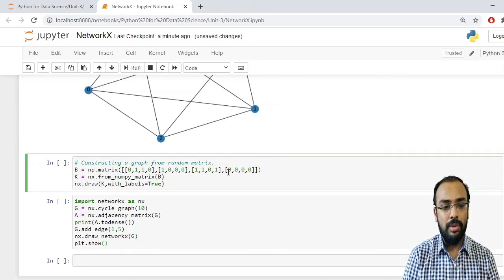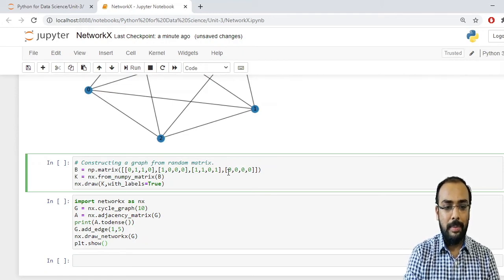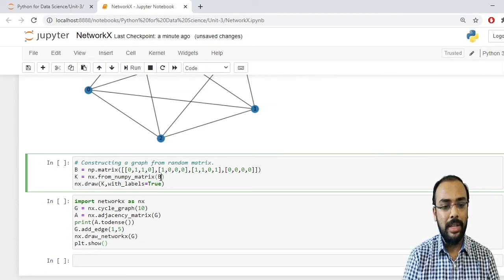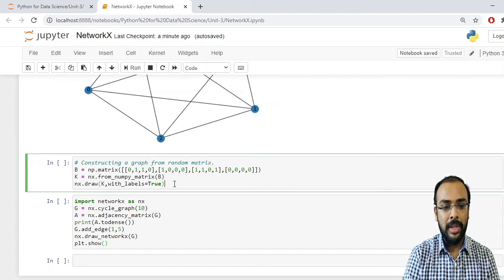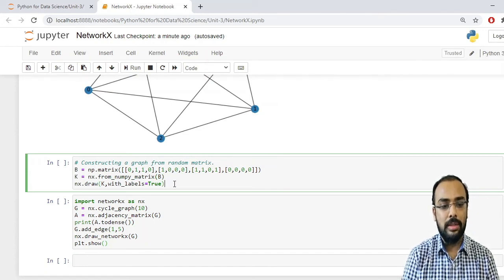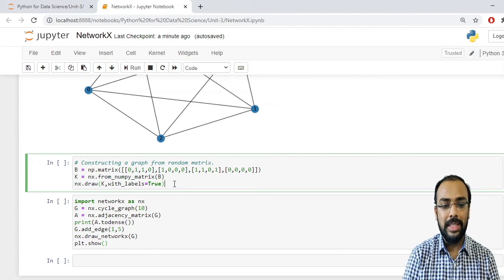Now what I want to do is convert this matrix into a graph. So the method will be from_numpy_matrix, and inside this you have to pass your matrix object. Here I have the matrix object as B, so I have passed B directly. Now I want to plot this graph.